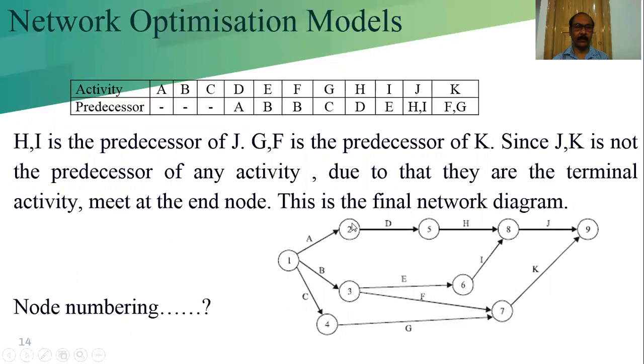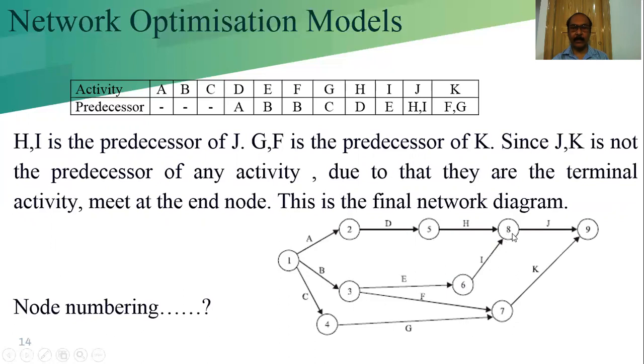Now according to the successor and predecessor, we have to put the numbers by following Fulkerson's rule. 2, 3 and 4. This is the predecessor of the successor, these two numbers, and this is also the predecessor of this. So this number should be more than this 2. This is also more than this. This is the successor of this node and this node. If this is 5 and this is 6, so this should be more than that.